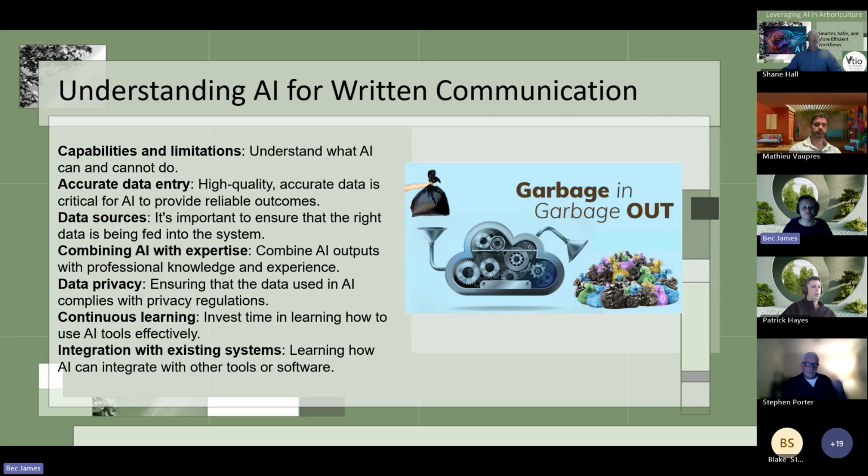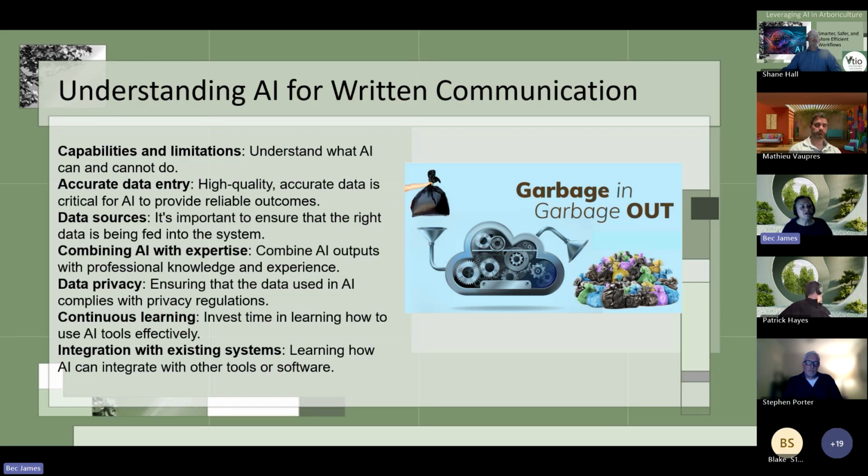And that point follows on here, that continuous learning. Now, that continuous learning is a two-way street. The AI program that you use will learn with you, and then over time, you're going to learn what prompts will give you the best outcomes for your AI bot there.